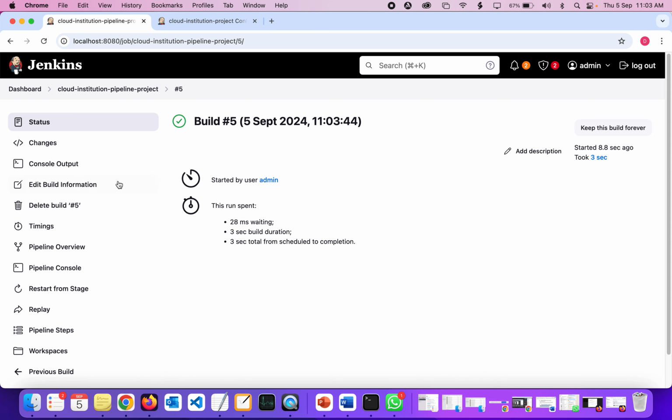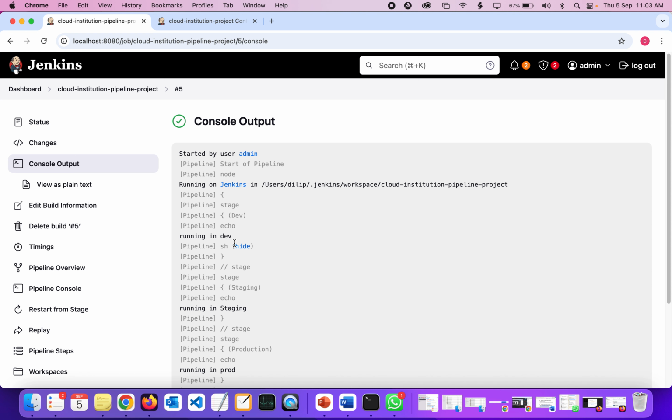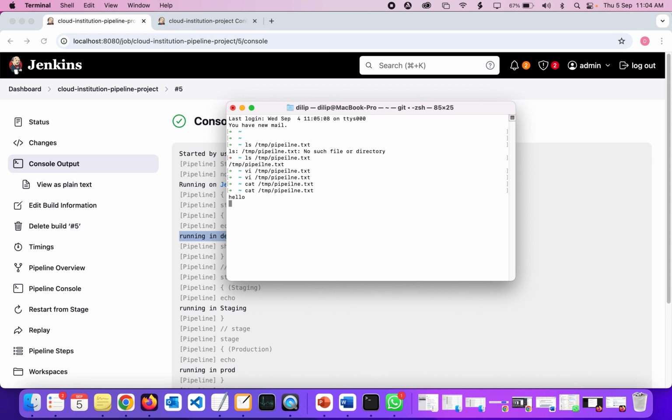Okay, now it's successful. We can see the console output, the shell has been executed. Now let's see if any content has been added. See, the content has been added inside this file. Okay, this is the first stage, the single first stage, so whatever file content or script you want to give inside this one,